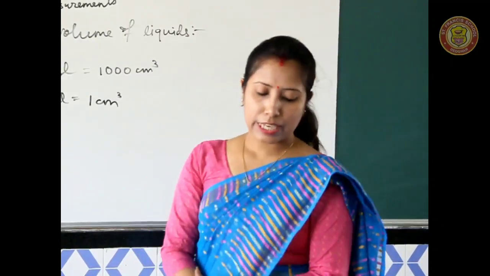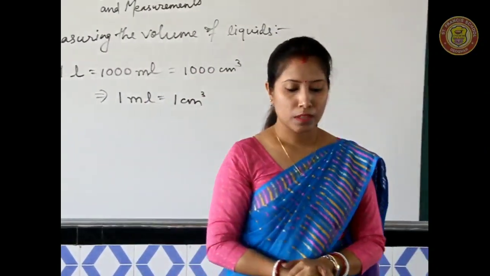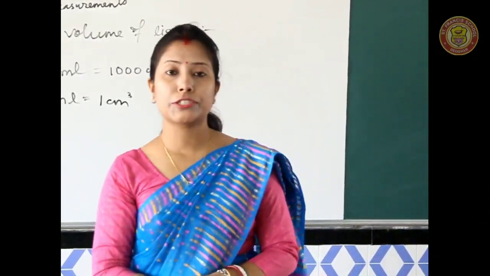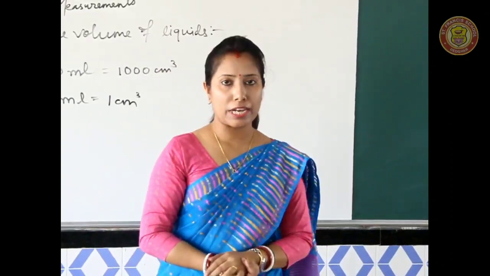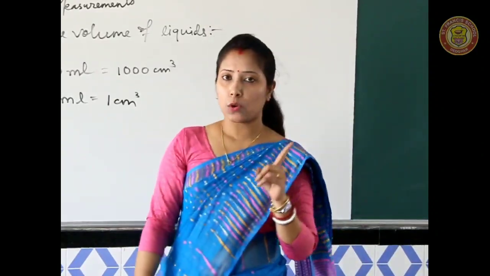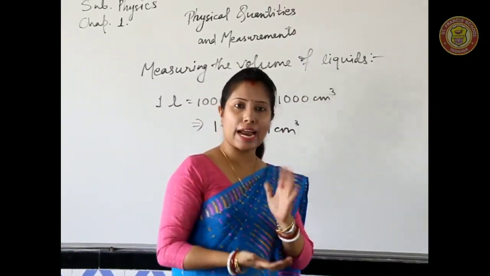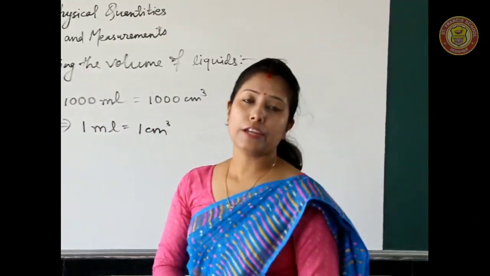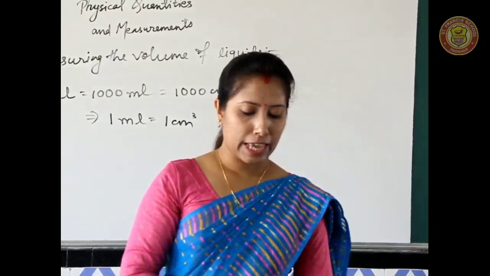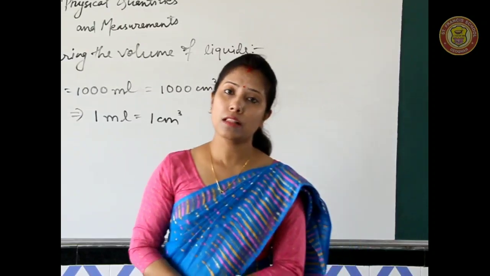The cylindrical measuring cans usually have a long handle. These cylindrical measuring cans with long handles are commonly used to measure milk and edible oil. So what are the two types of measuring cans? The first one is the conical measuring can, and the second one is the cylindrical measuring can with a long handle. Conical measuring cans are used to measure liquids such as kerosene and petrol, and cylindrical measuring cans with long handles are commonly used to measure milk and edible oil.